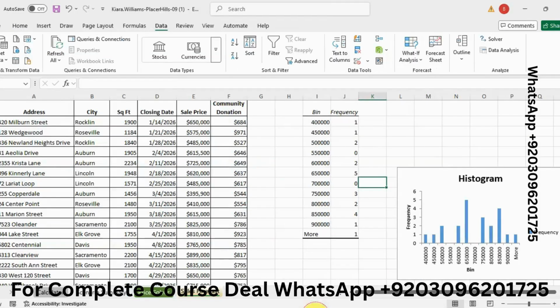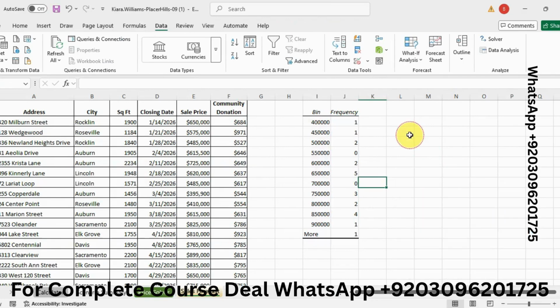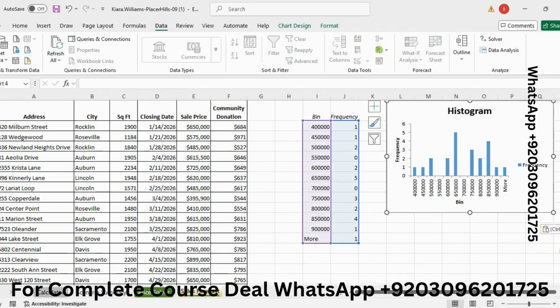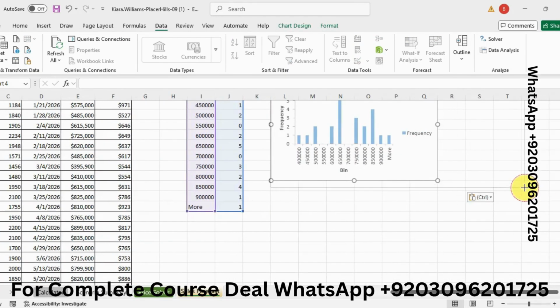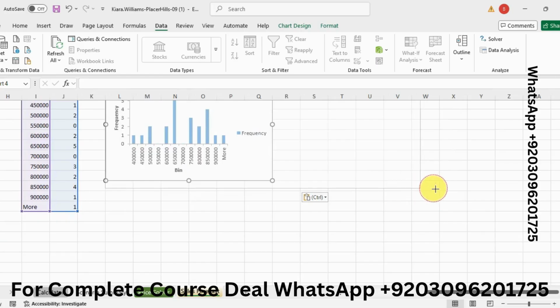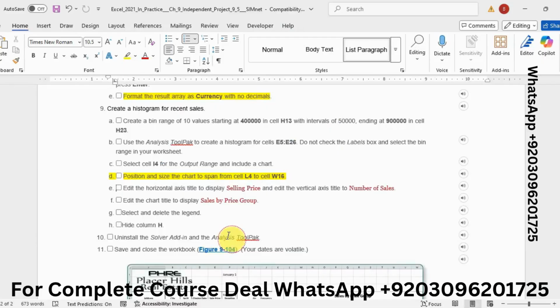So L4, copy this, L4 to W16, W16 here, like that. Now add the horizontal axis title to display this one, and these are easy, you can do it.